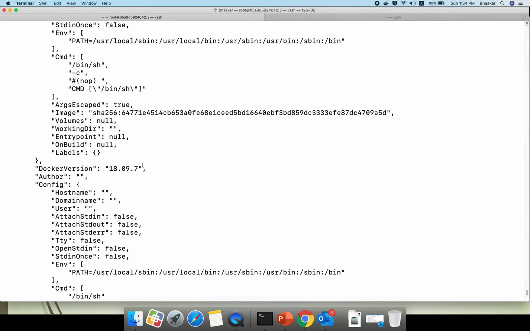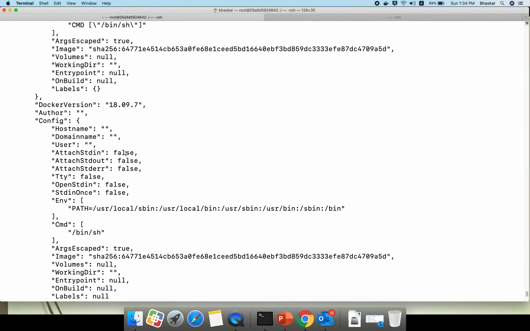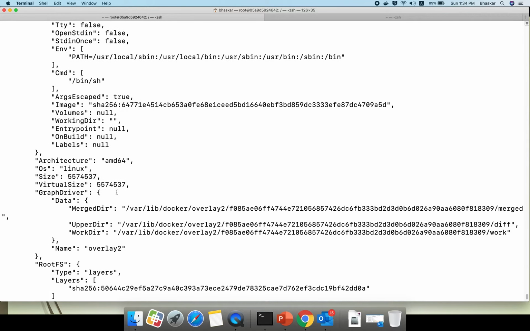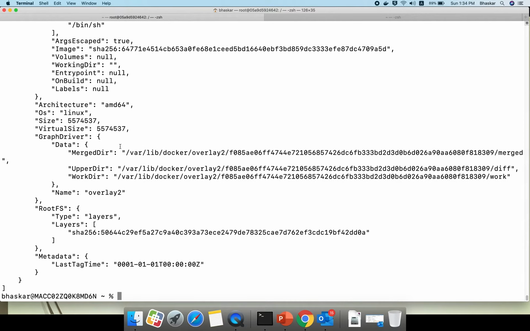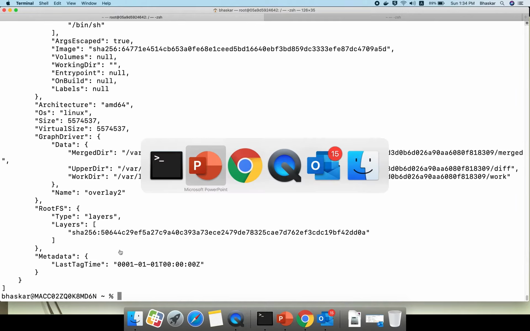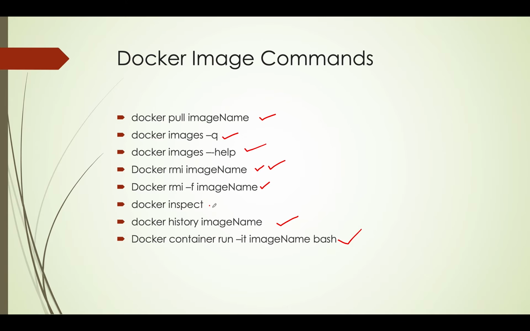And if you assign any IP address related information, when we discuss the network concept, we'll check that. Which is the Docker version, and all low level information of your Linux machine you will get. Which architecture, root FS, everything depends on the layers. Every Docker image is on top of layers, a multi-layer architecture. If you create one more on top of that, layers will keep on increasing. By using this, if you want to get low level information, you can use docker inspect.